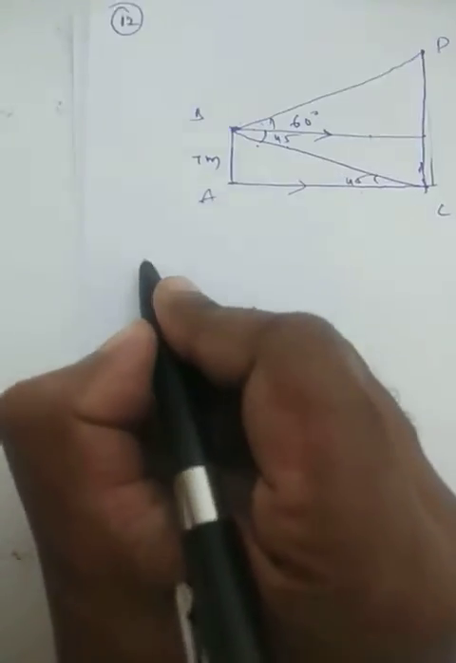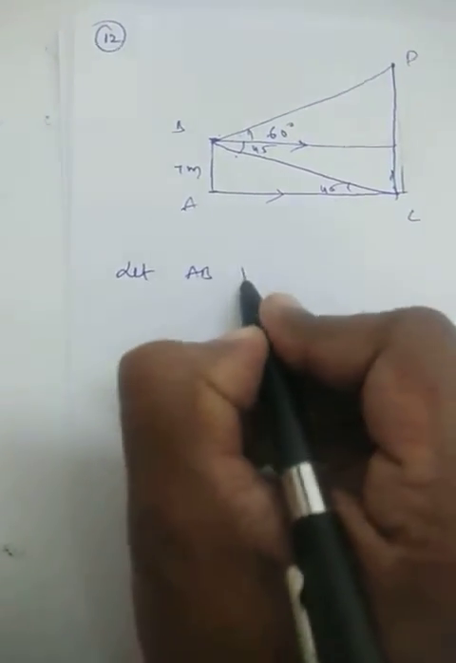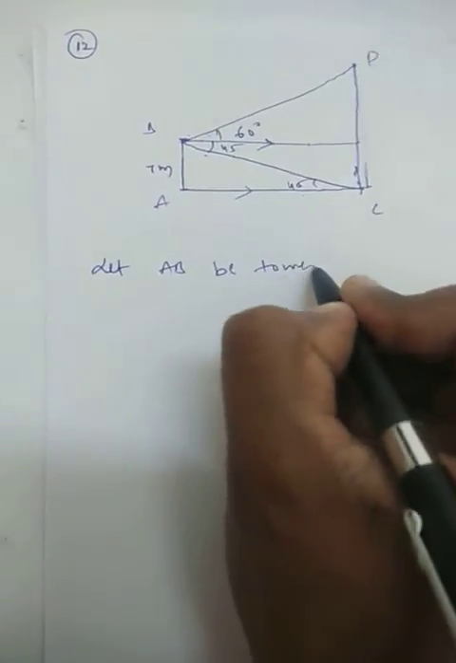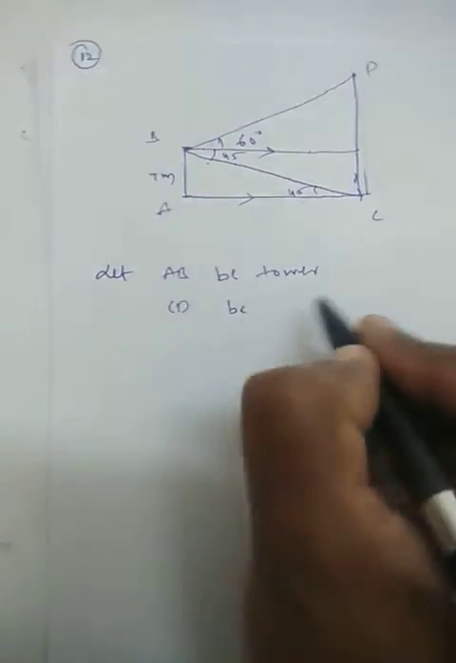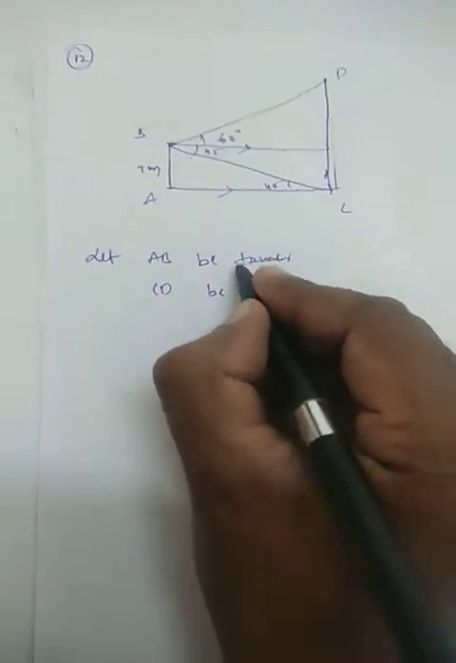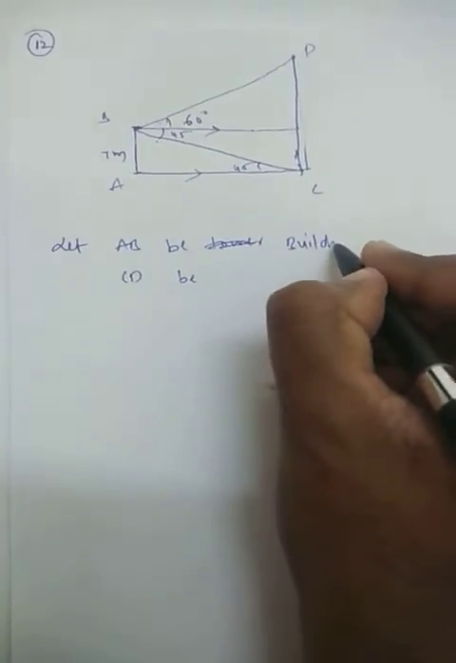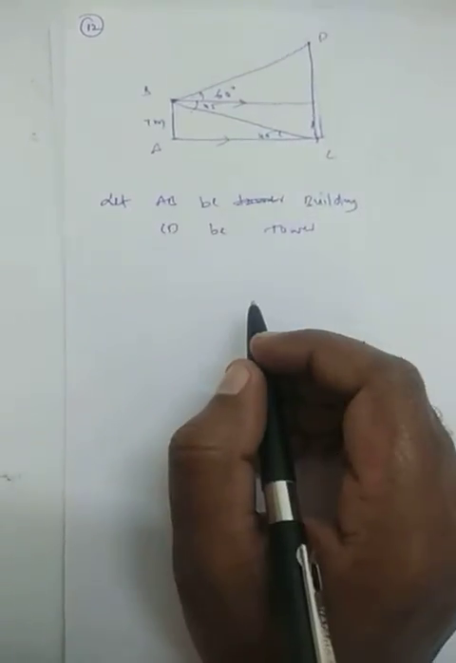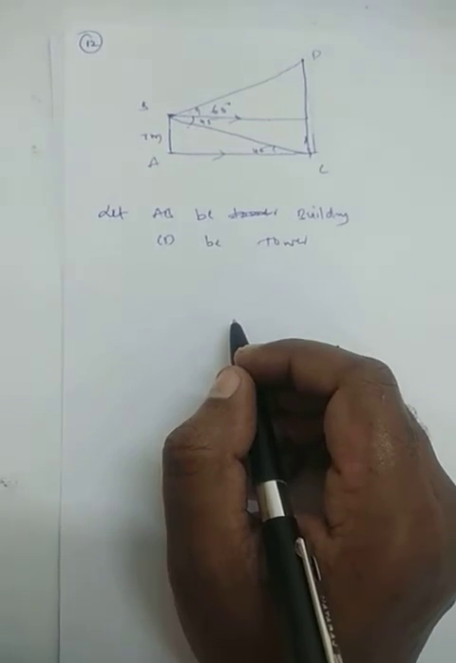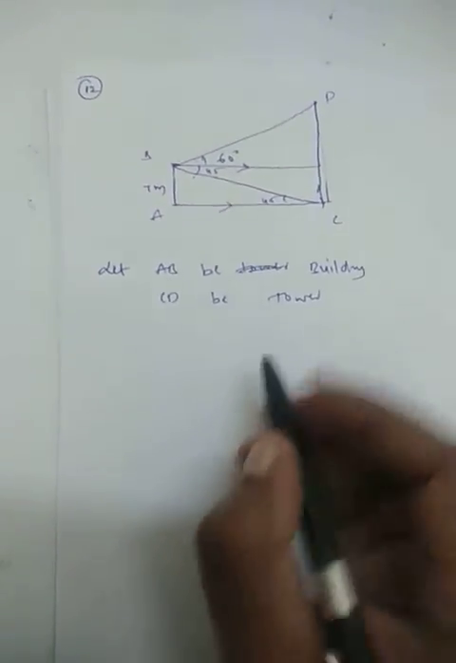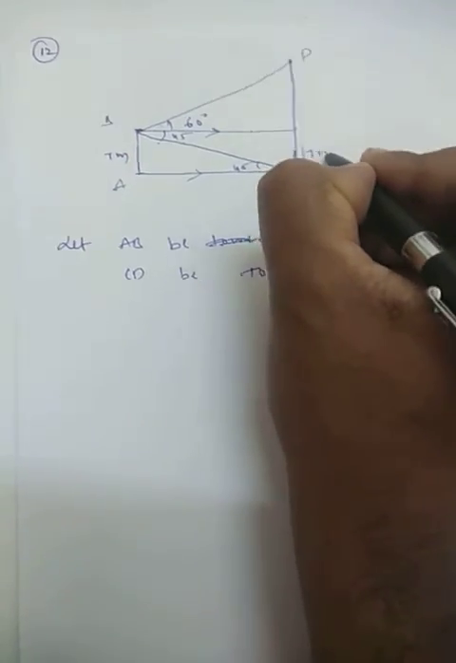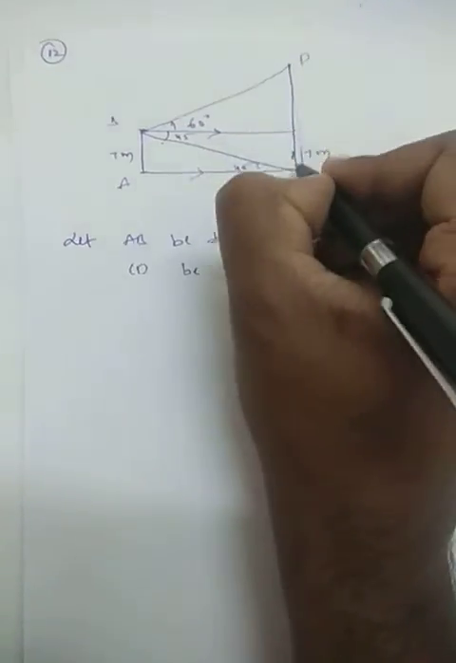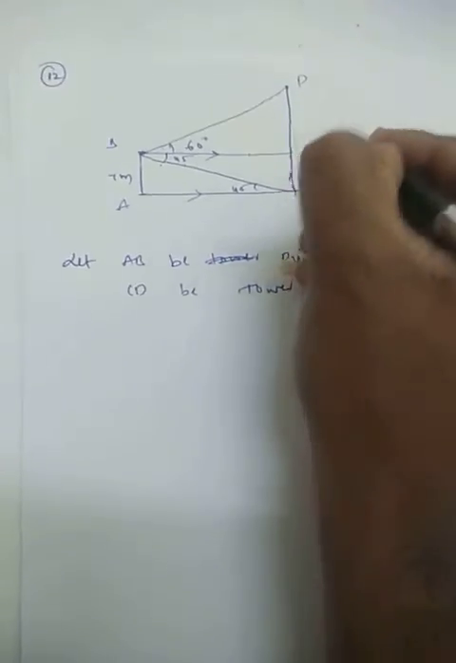Let AB be the building and CD be the tower. Now AC will be what? Earth, the line joining the foot of the building and the foot of the tower. What they ask us is to find the height of the tower. So for that, let us see. This is going to be 7 meters. Obviously, from here to here it is 7 meters. These two are of equal length. So we need to find this value here,